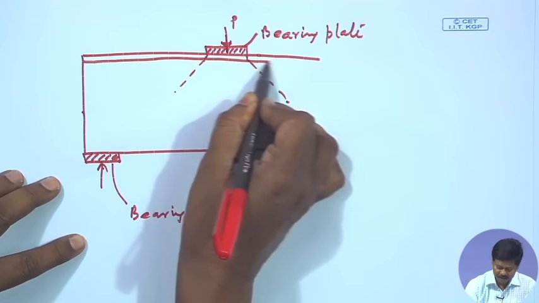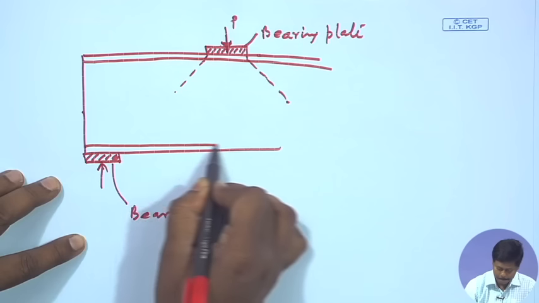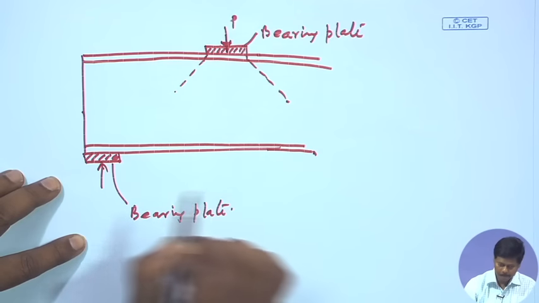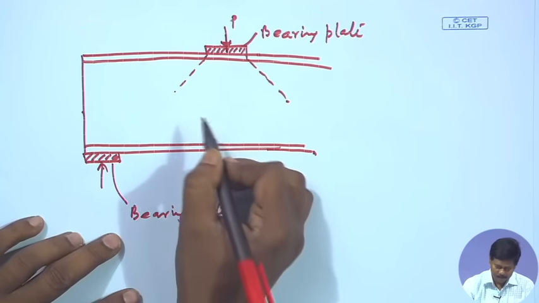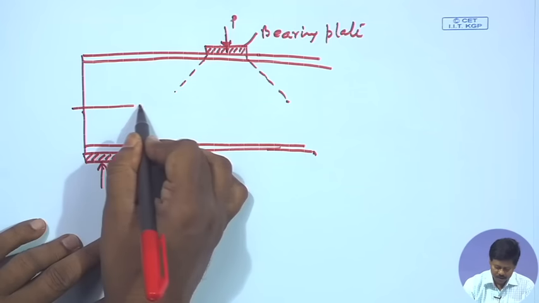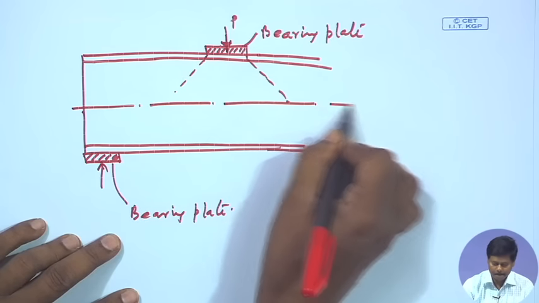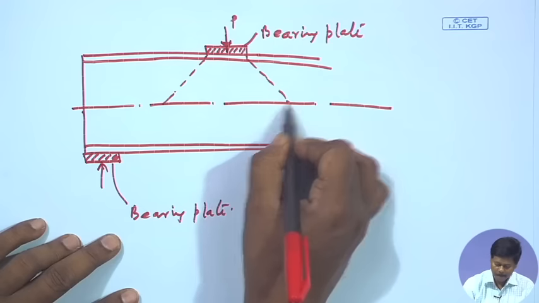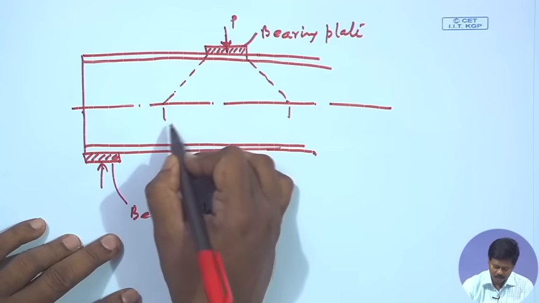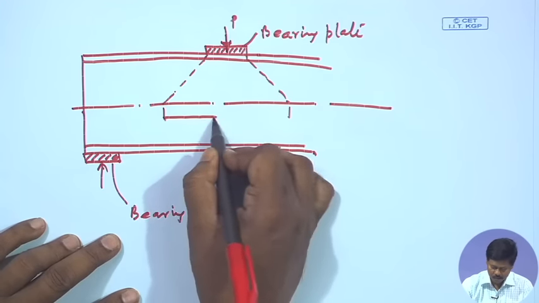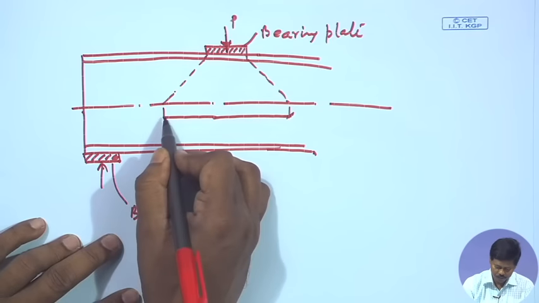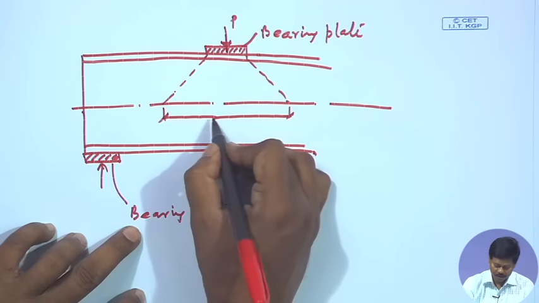This is the flange, and if this is the neutral axis depth, then this will be the width for which we have to calculate. This is B,